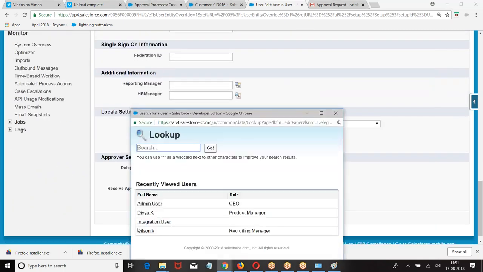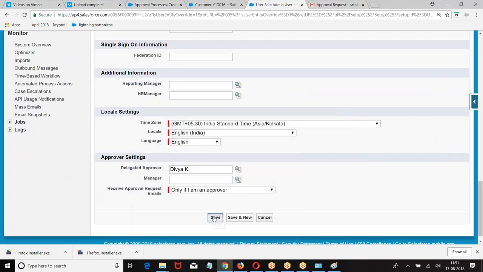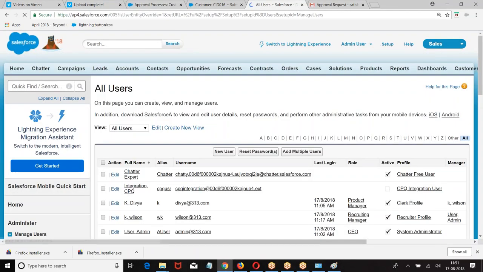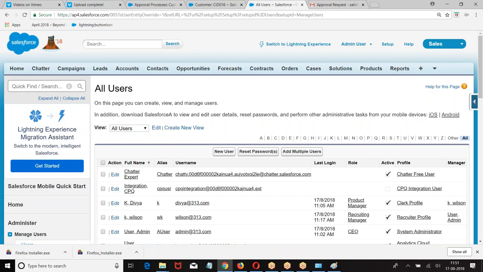Whom am I choosing as delegated? So any record that is coming to admin can also be approved by Divya, because I told there that delegated can also approve. Whoever is your delegated user can approve your records on your behalf.